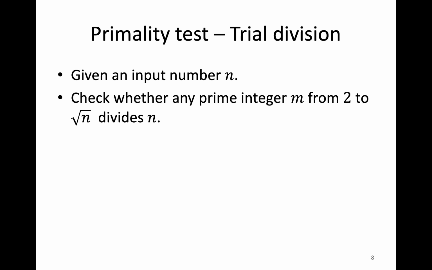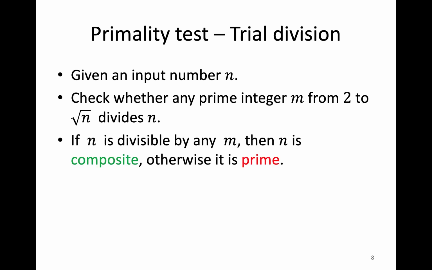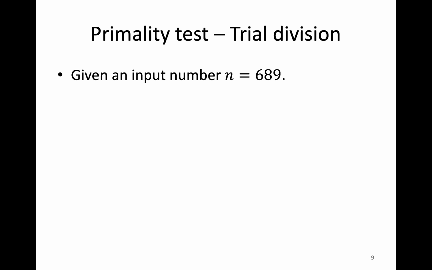Another primality test is called the trial division. So we want to know whether n is a prime number. Then what we have to do is to check all the prime numbers from 2 to square root of n and see whether they can divide n. If n is divisible by any of these prime numbers, then n is composite. Otherwise, it is prime. For example, if I want to know whether 689 is a prime or not, then I